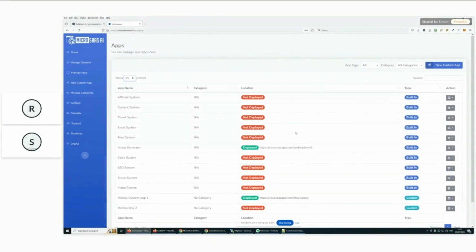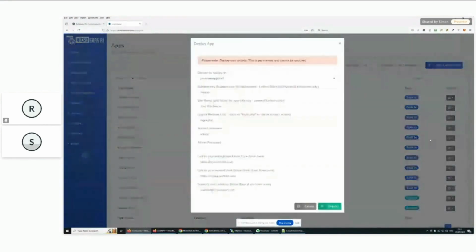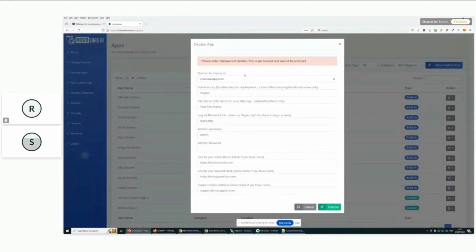So I'm going to go for, let's say, the email system that's built in. If I bring this menu down, I've got several options. One of them is personal login, and I can log into any of them and play with them myself. One thing I can do is deploy. And it's asking for my deployment details. It's asking for a